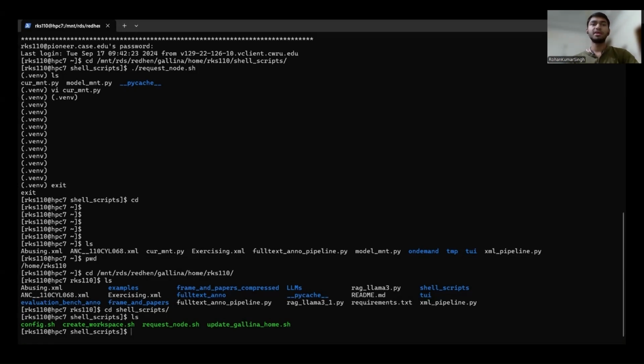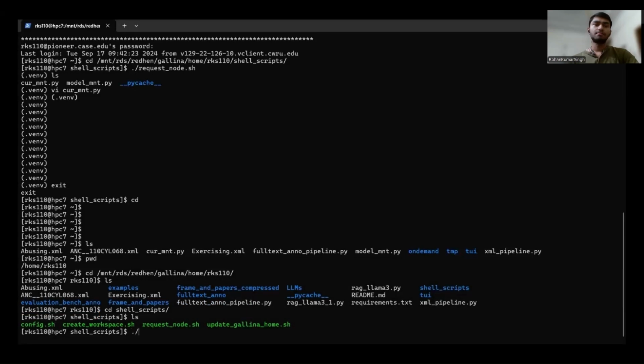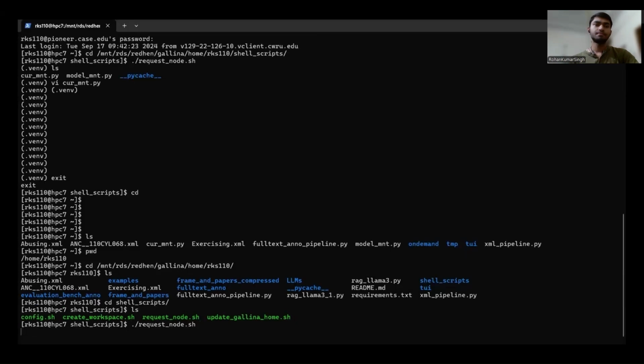Now we will be executing the request node shell script to request the GPU node for our application. Behind the scenes, this script calls the config shell file also and activates the virtual environment in advance.